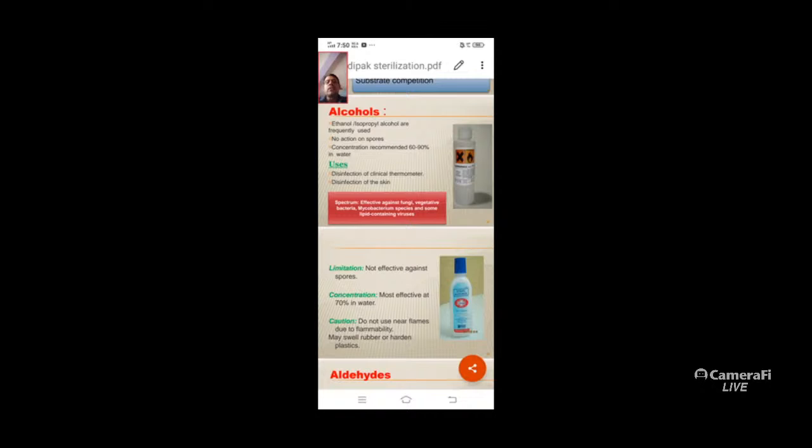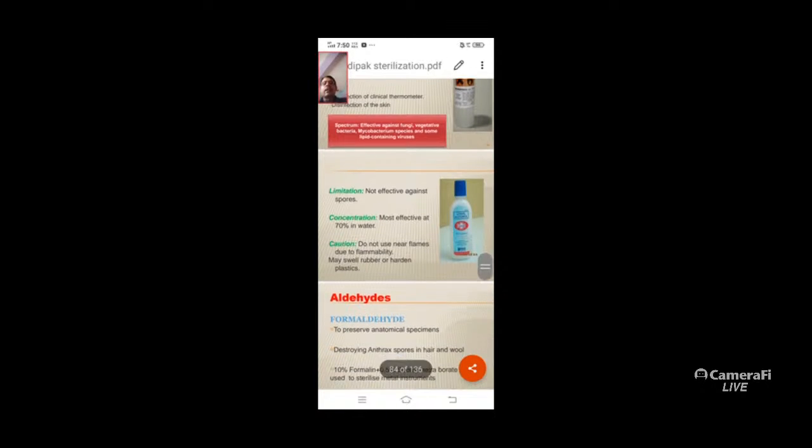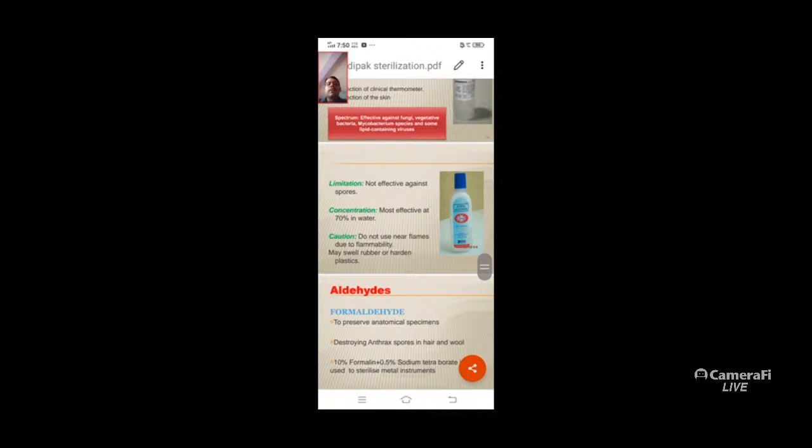Generally we use this clinical thermometer before it use ethyl alcohol. Phenol also. The spectrum of activity: effective against the fungi, vegetative bacteria, mycobacterium species and some lipid containing viruses, those type of organism which is killed by the ethyl alcohol. But there is some limitation, not effective against the spores, and concentration most effective at 70%